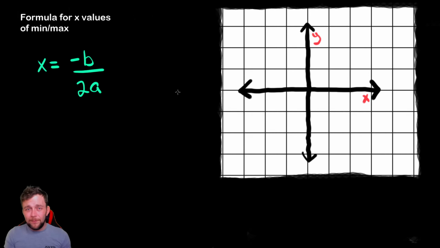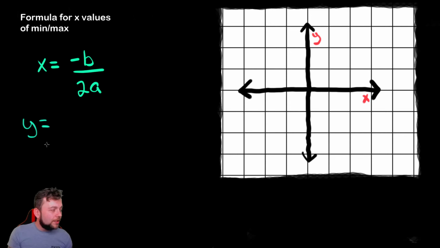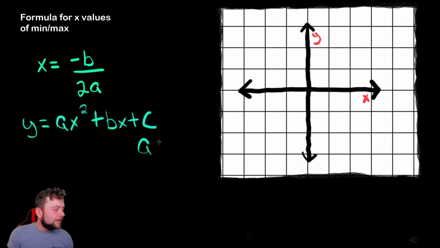And if you remember the setup of your quadratic, the regular outline for your quadratic is y equals ax squared plus bx plus c, right? And where a is not 0. Okay. So let's just make a quadratic up, and we can find the x values for the minimums and the maximums. So let's go with y equals